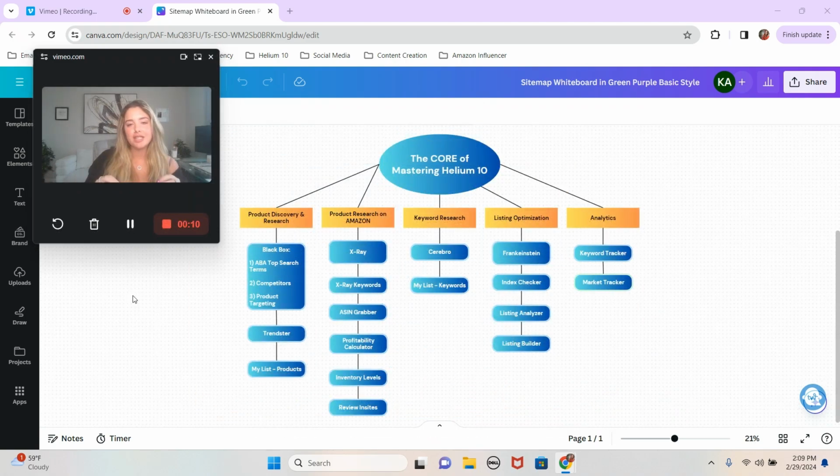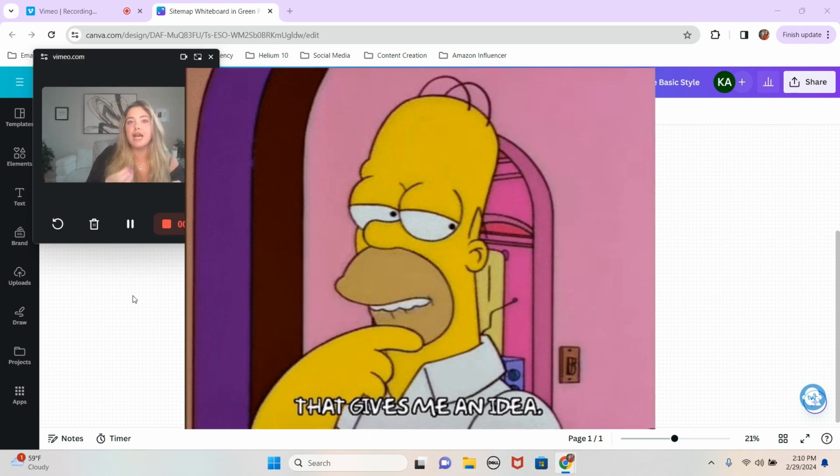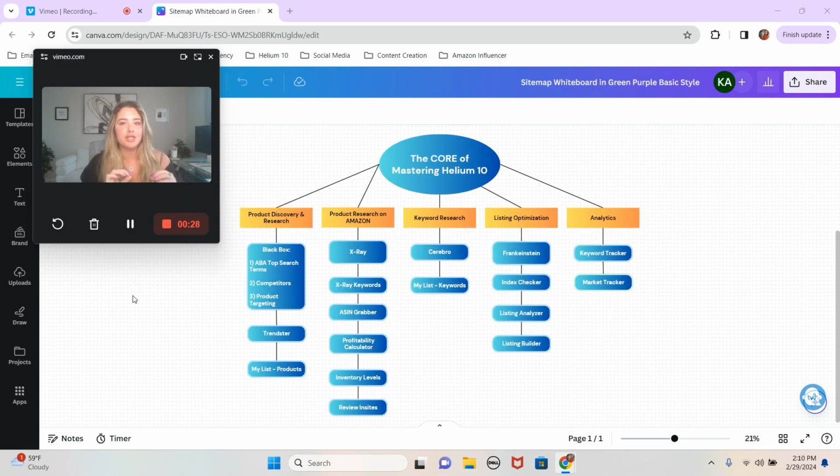But when it comes to product discovery and research, you will start using their Chrome extension in order to use Helium 10's Black Box tool, and this is a way for you to find product ideas. And from there, you can use their Trendster tool, and this is a way for you to compare Amazon data to Google data, because we don't want to sell a product that is temporarily trending or is dying down. From there, you save all of those product ideas you want to research further